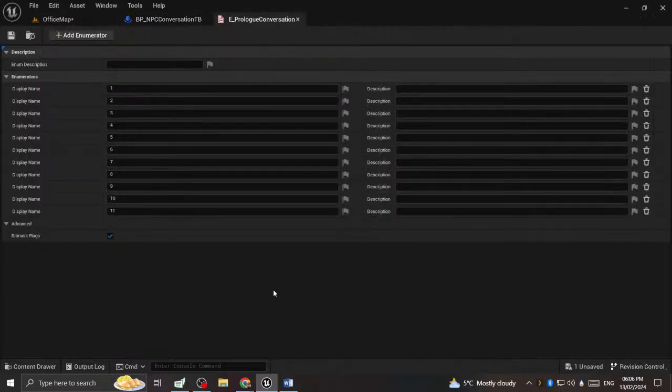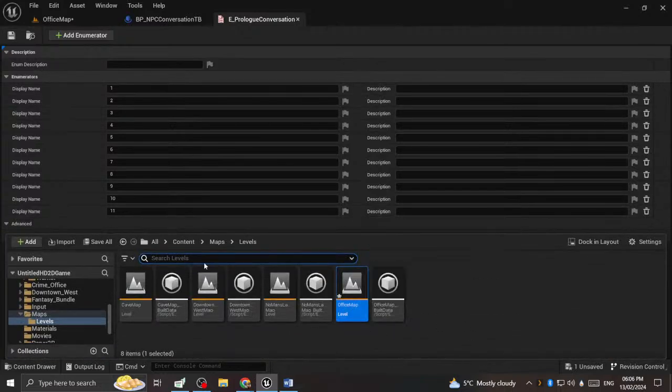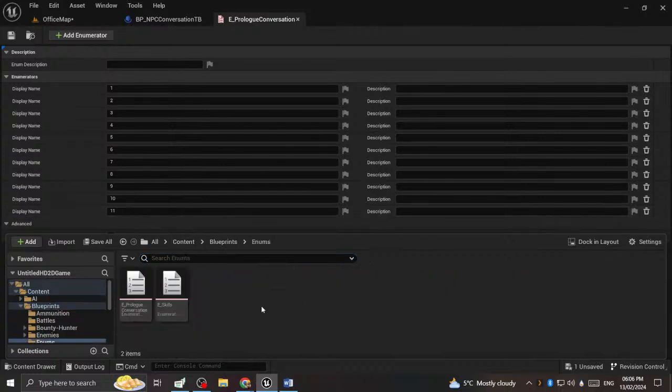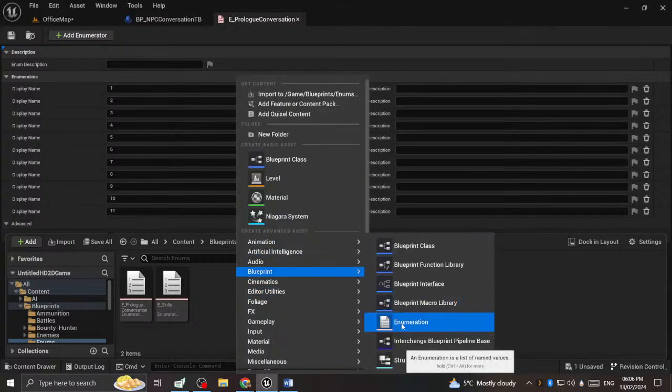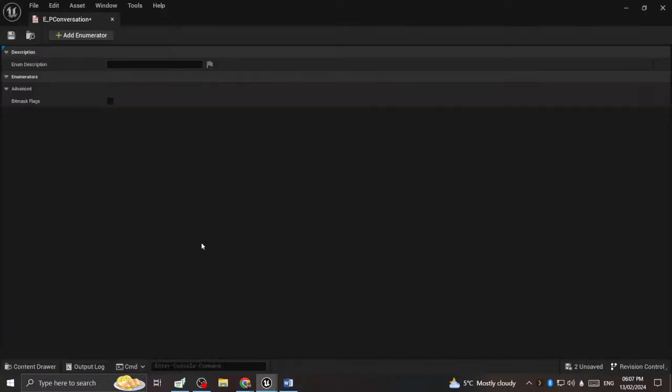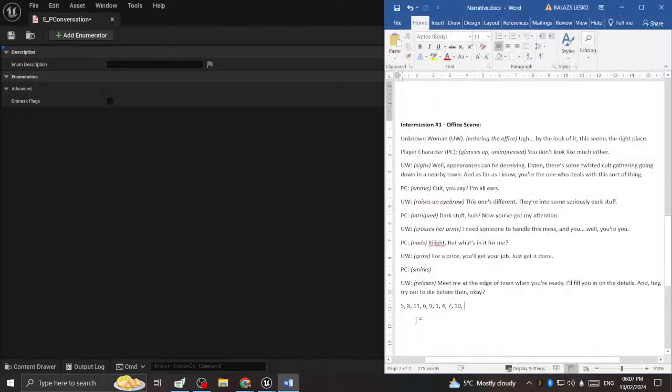And in the meantime, back to my stuff. Because Unreal is shitting on me, excuse my language, I have two solutions for this. The first one is a bit of a thing. So I just create a new enumerator here. Call it P conversation, so prologue conversation, and this is a brand new one, and I'm just gonna add 1,